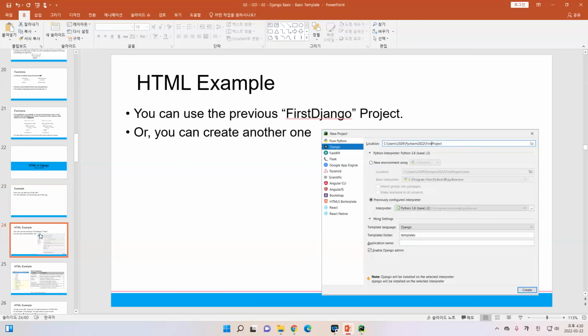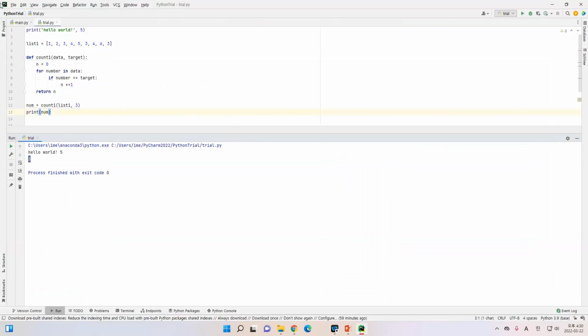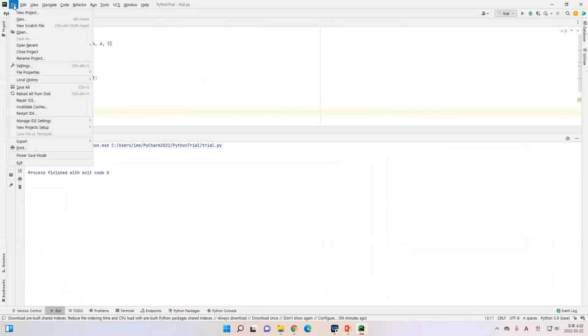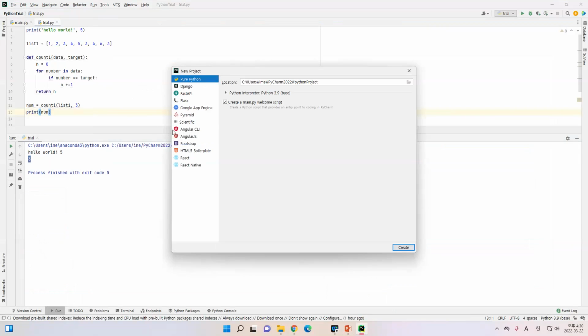Okay, you can make the first project, maybe first Django, or you can make first project. Let me just close this one, and I will create a new project. Okay, let's make a new project. And then I will create a Django. So you can see,